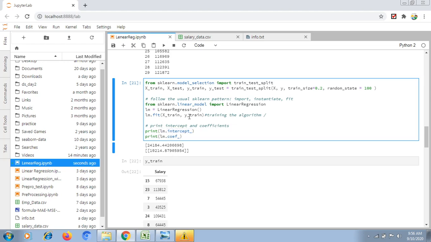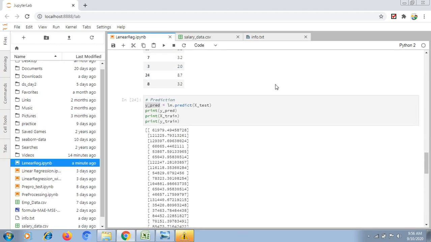I am displaying it here. To train the model, this is my class, and in the class I am calling my method to train the model with X test, X train and Y train. I am passing these two data, X train and Y train, to train our model. Okay, my training is done.